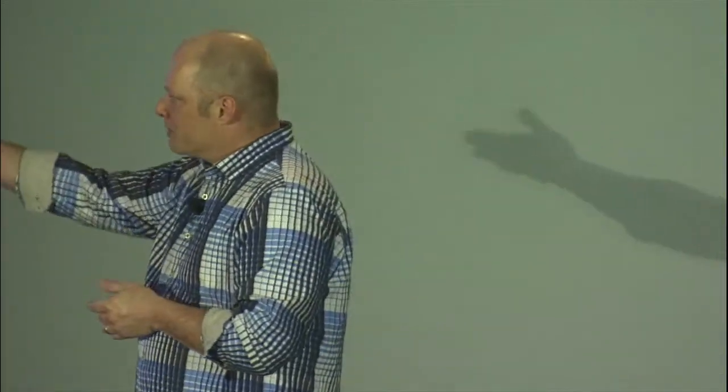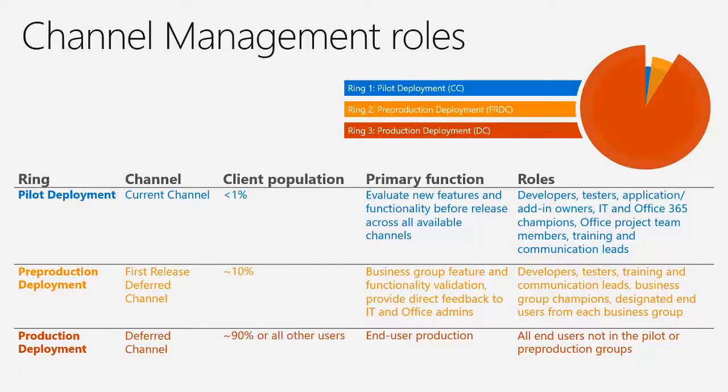So this allows you that kind of 4-month time frame to test the feature sets before I go to a deferred channel for my broad population. I have some percentages here. I'll be honest with you, they're kind of recommendations, but if I have a 500,000 seat customer, I may not need 10% on there. I might need less than that, right? So it's more of just guidance around making sure that we have a broad population on first release.